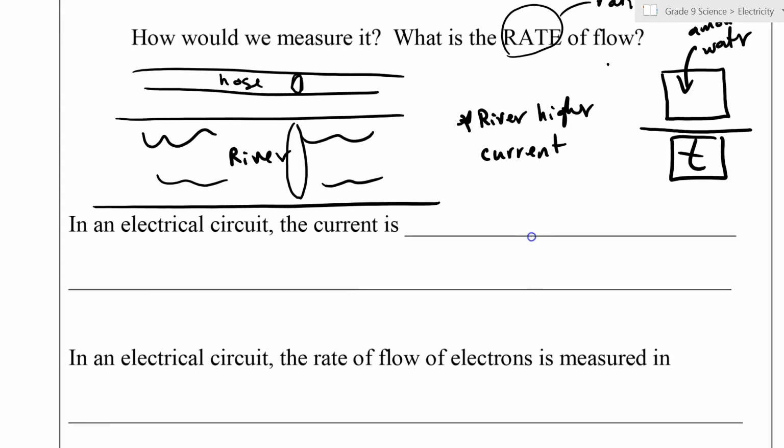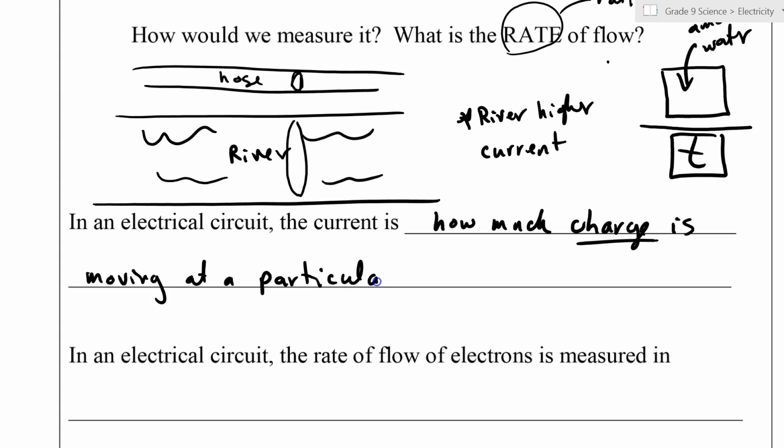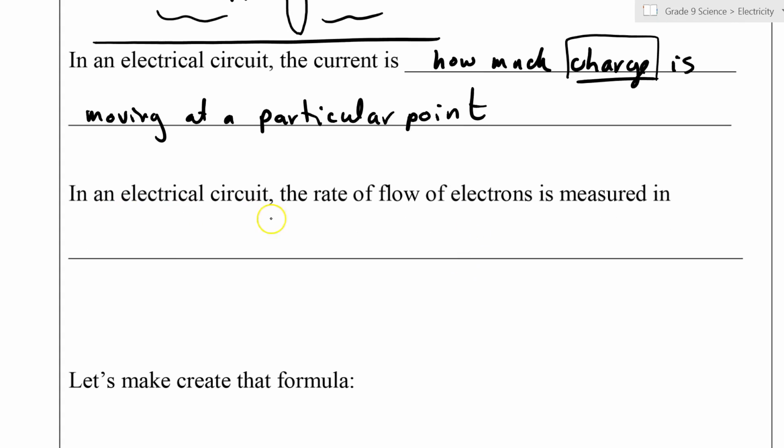Now here in an electrical circuit, the current is how much charge is moving at a particular point. And when we say charge, we're saying negative charge because it's the movement of electrons. Now in an electrical circuit, the rate of flow of electrons is measured in amps,